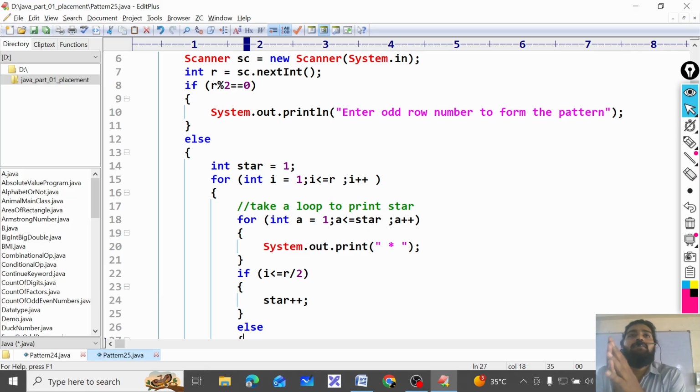If there are even rows, that sharp tip will not be formed. 1 star you will not get. Either you have to sacrifice 1 row, or you have to sacrifice 1 star.